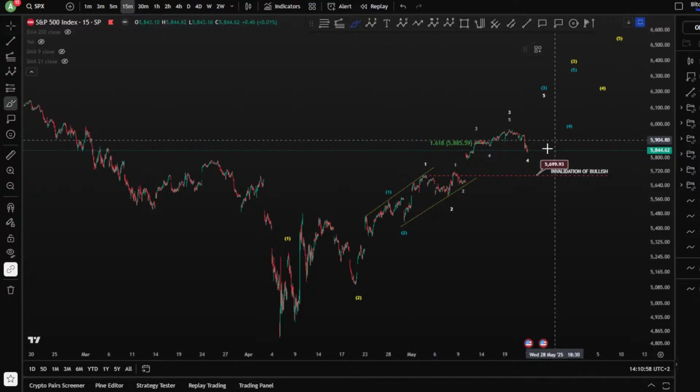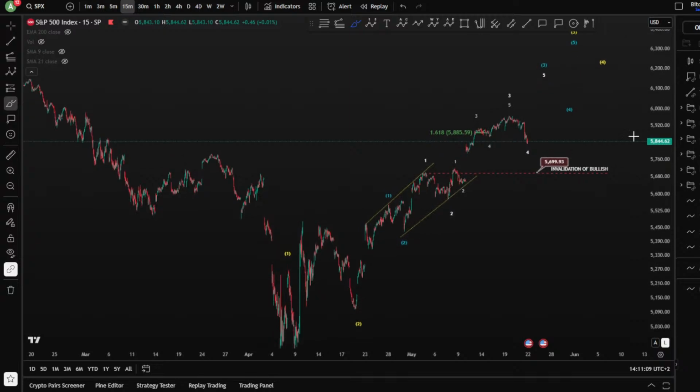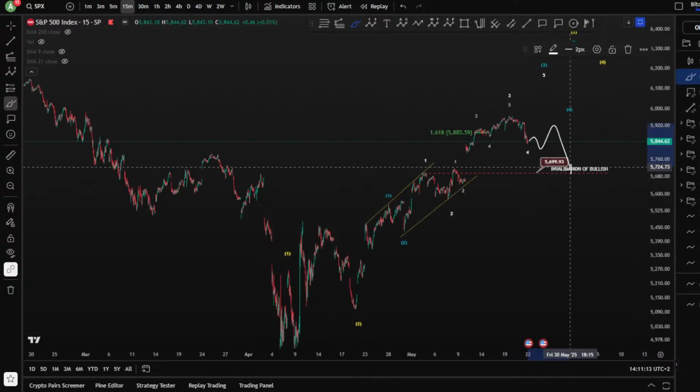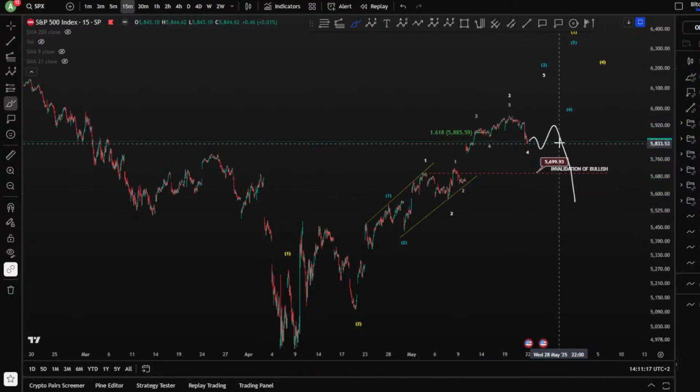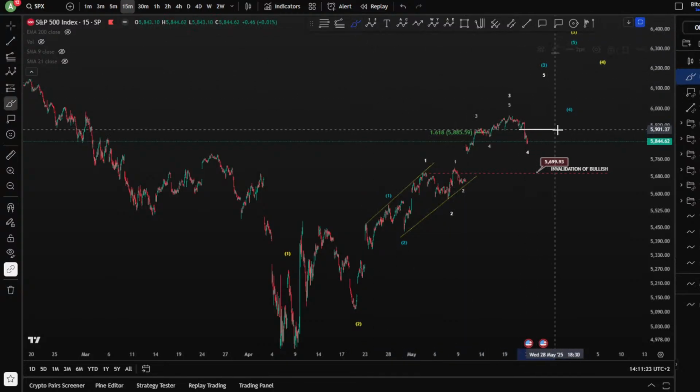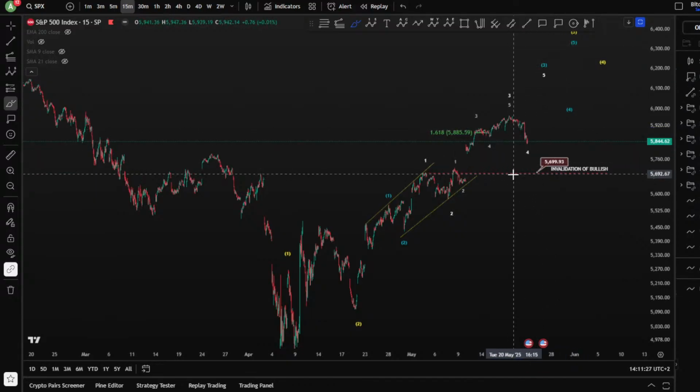So, signals, what you would like to see, of course, if you are bearish, you would like to see 3 waves towards the upside without taking this wave 1, the invalidation, and then continuation for wave 5, and then wave 2, and then okay, we're bearish. Confirmation as well. If you are bullish, you will continue towards the upside, taking this high directly here. All right, so invalidation of the bearish. Very simple for